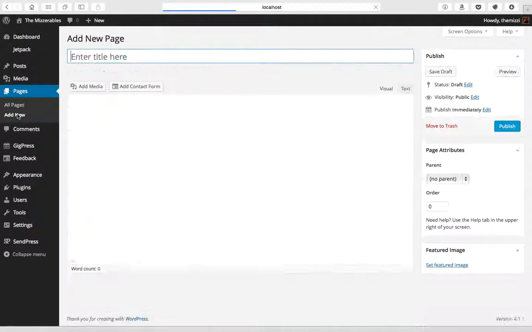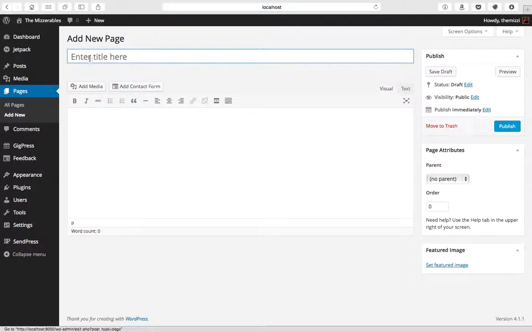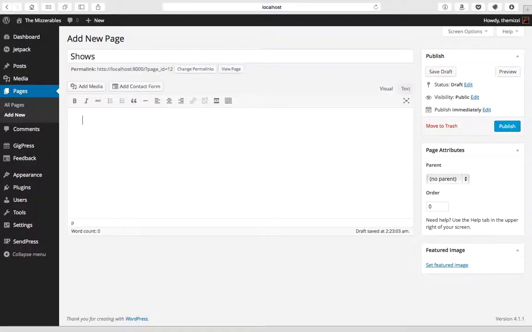So let's add now our GigPress page. This is going to be our shows page. So we're going to call it shows. Now, the way that I like to do this is I like to have, again, just one page that shows both my upcoming and then my past shows below that. So to do this, I'm going to click this right here, this toolbar toggle. This gives us a little bit more features